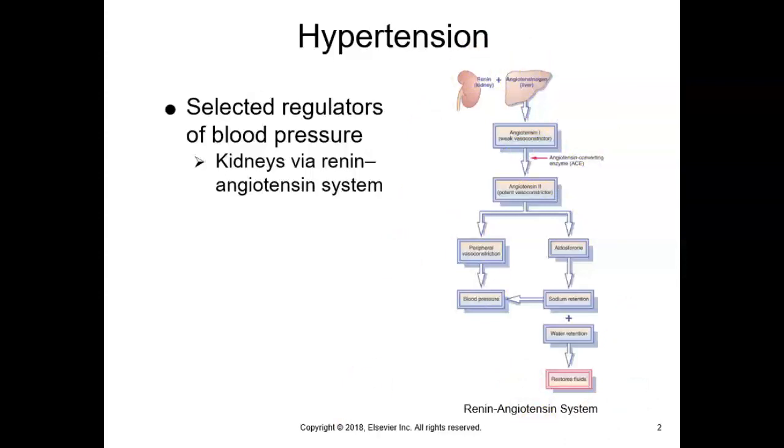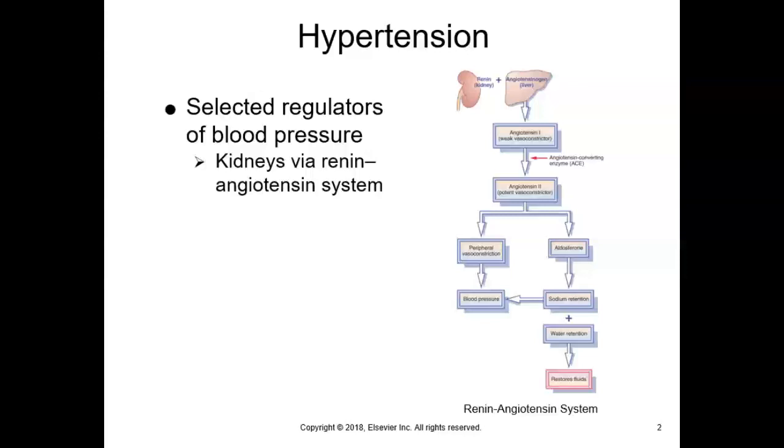So for renin to be secreted by the kidney, is the body condition going to be a low blood pressure, low blood volume condition, or a high blood pressure, high blood volume condition? So what condition in the body causes renin to be secreted by the kidneys? And if you are guessing that low blood pressure, low blood volume is what causes renin to be secreted by the kidneys, you're correct. So when the kidneys detect that they're not getting the blood that they need, the kidneys